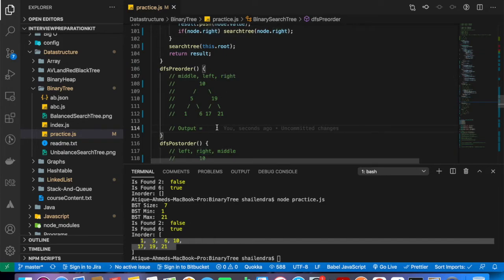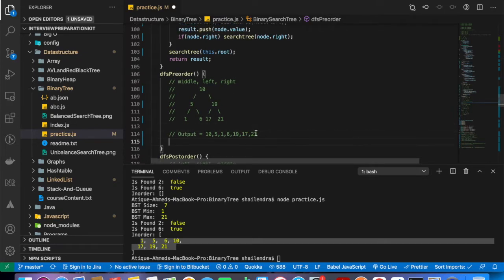So if I am talking about the output here, which we have already discussed: 10, then 5, then 1, then 6, then 19, 17 and 21. The code will be the same.